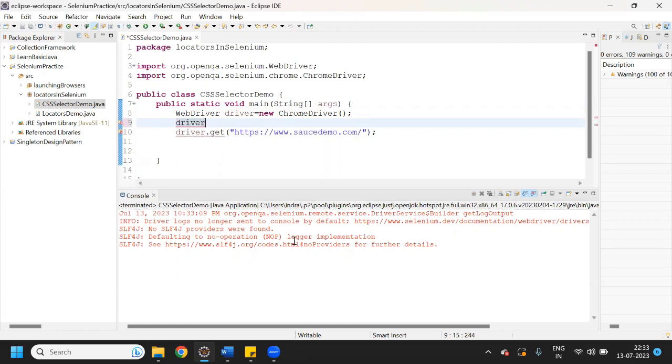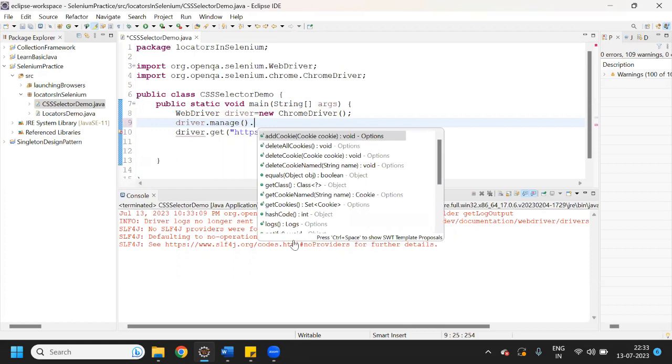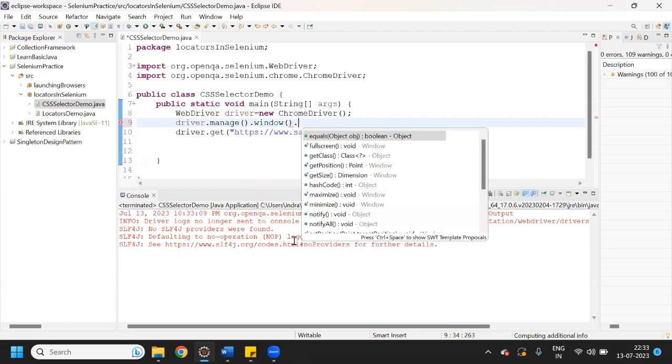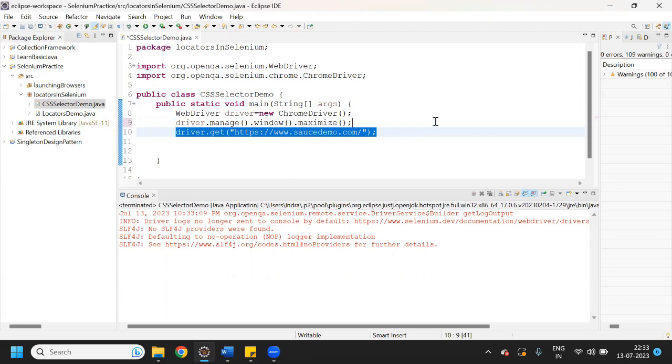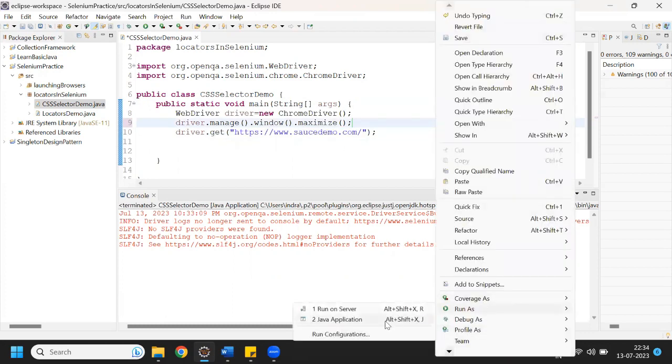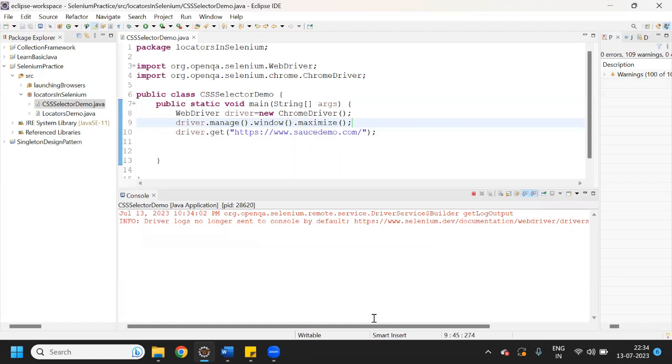So how we can maximize? driver.manage().window().maximize(). These are the methods which we can call to maximize the window. So here what we are doing, we are launching a Chrome browser, and after that we are maximizing, and after maximizing we are launching this application. Right now, if I'll execute, then it will maximize. See,